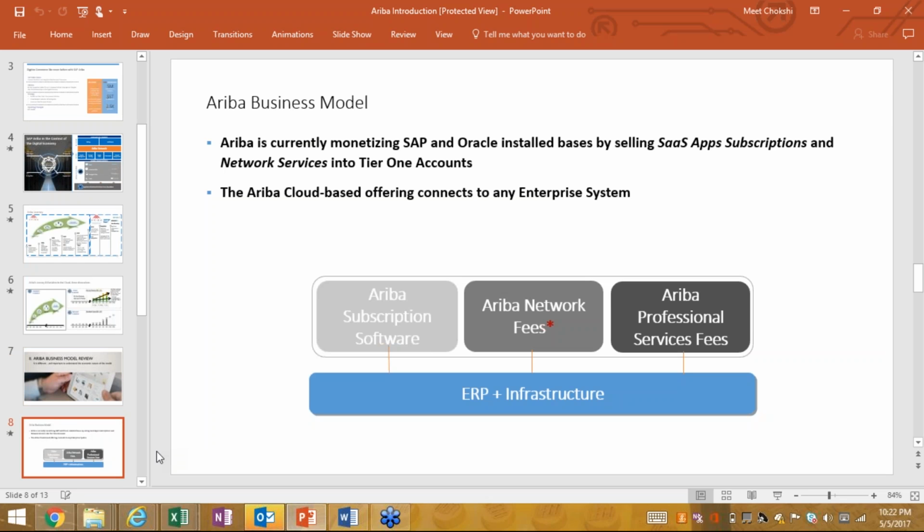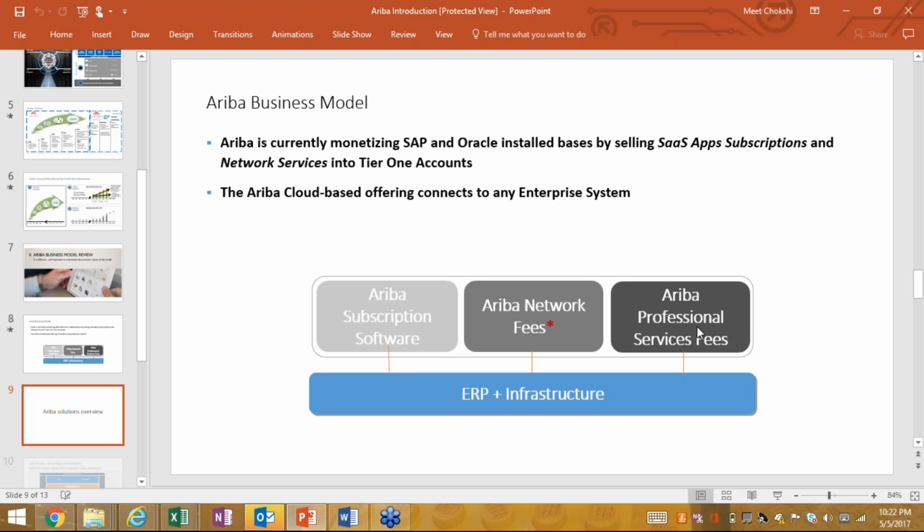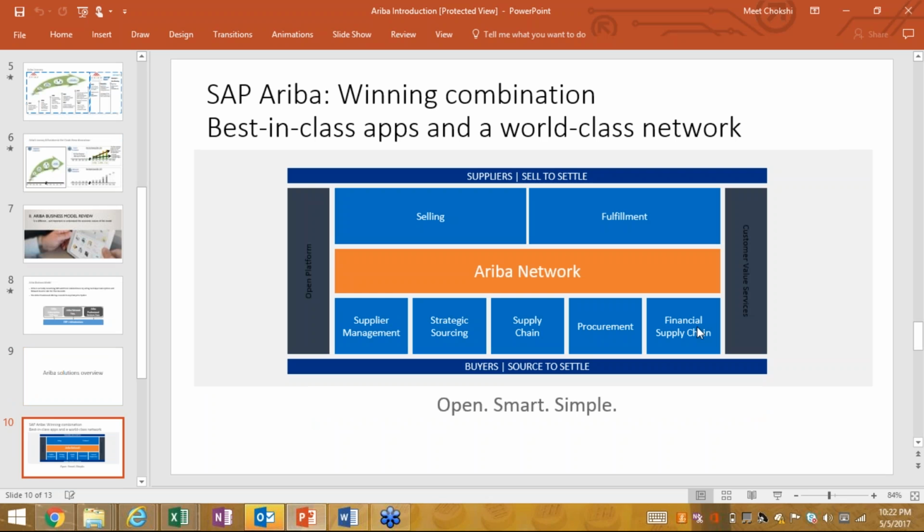So we have the Ariba subscription software fee, then we have network fees where we transact with POs and invoices, and then if we get consulting services from SAP, they charge for the consultants, and then ERP infrastructure. So that's how SAP will charge customers, right? This is just high level.